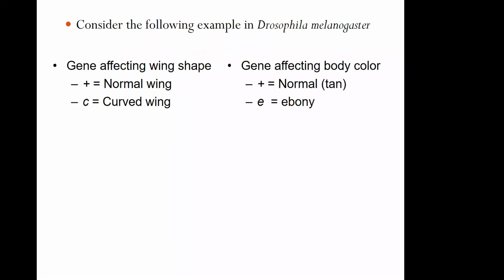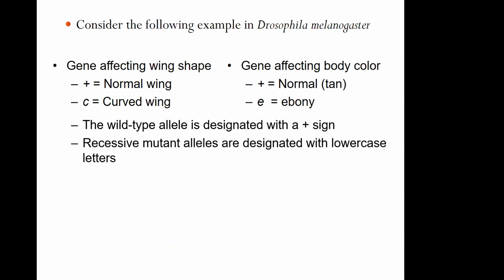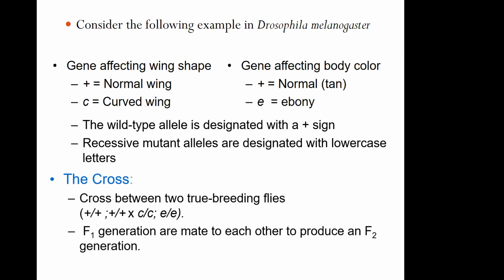So if you had a situation like this where you have 2 genes, you expect them to be independently assorting because of Mendel's rules. So you expect, well, I should have a gene that affects wings, and the normal wing is dominant to a curved wing. The normal body color is dominant to the darker body color. And if you did a cross where you took a wild type animal and you mated it with a mutant animal, that would be your parental cross, right? And these are fruit flies or something.